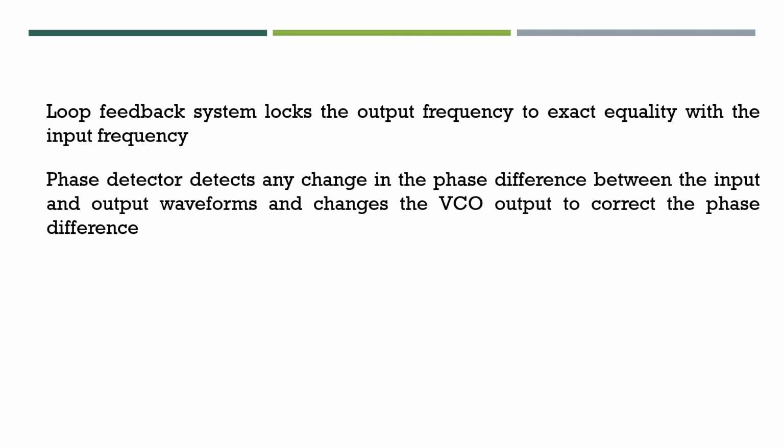So we can say that the PLL system tries to make the input and output frequencies at a particular value, so they maintain the equality. If there is an increase or decrease in the frequencies, the entire system plays an important role in making these frequencies equal. So this PLL system keeps on working.